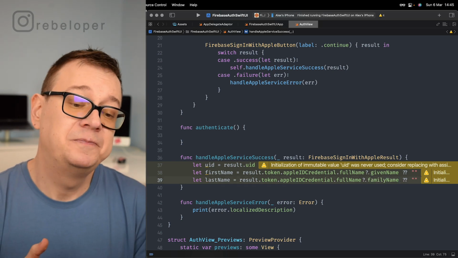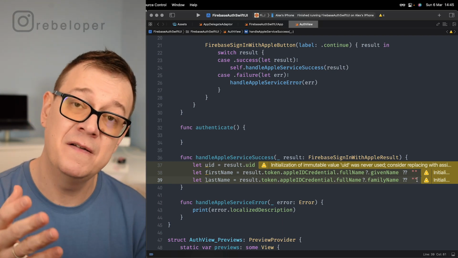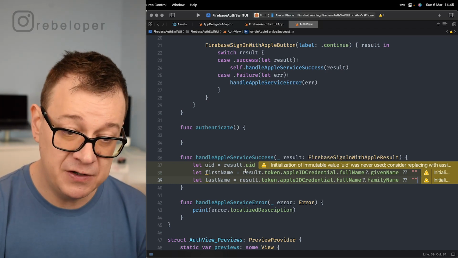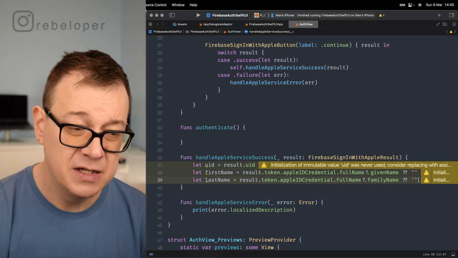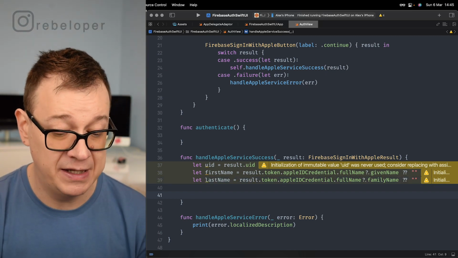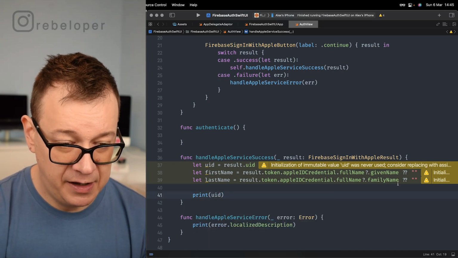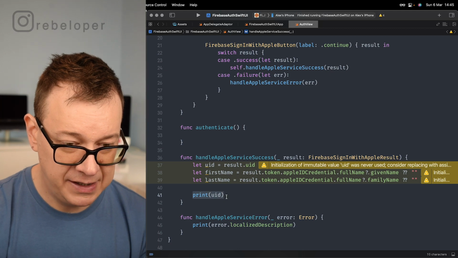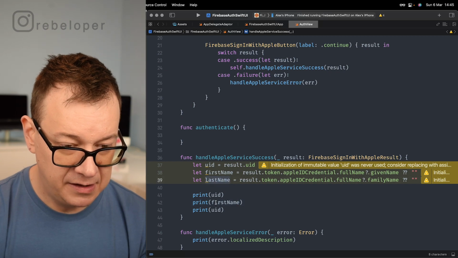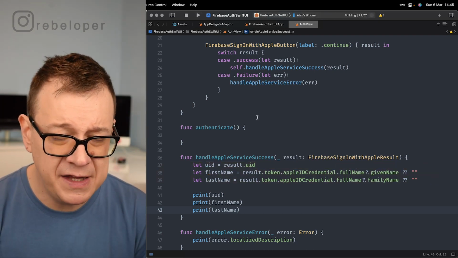There we go. So the next time we are authenticating, we are not going to be asked to give our name, just do you want to continue, and that's it. Therefore, this first and last name will not be available for us. So what you want to make sure is to just save this on the very first authentication. So let's just print out our UID there, and I'm going to also print out our first name and last name. Okay, so let's build and run and see if we have broken anything at this point,